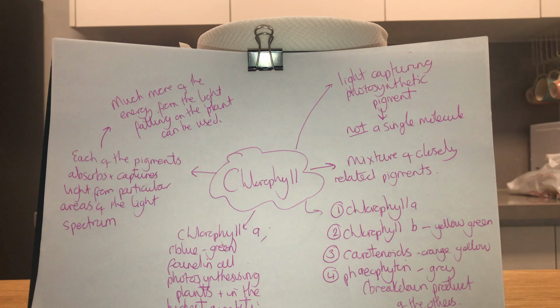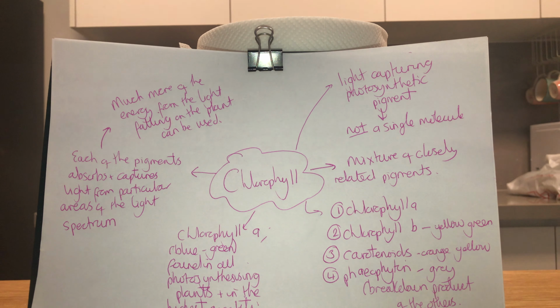When we talk about it at GCSE, we just talk about chlorophyll, and perhaps it's accepted that we're talking about one molecule, like you might talk about water, for example, but it's not, okay? Chlorophyll is actually a mixture of closely related pigments. So within a plant, you will find